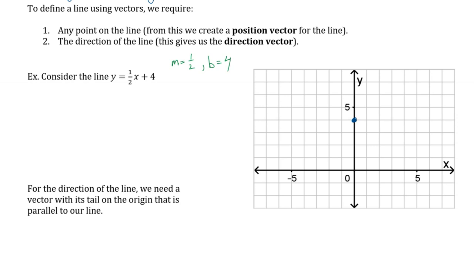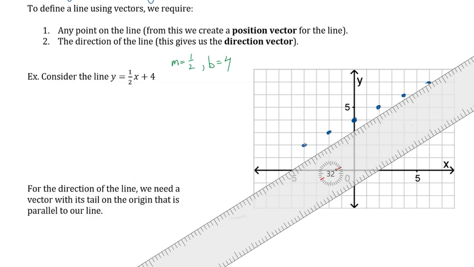So if the slope is 1/2, every time I go up 1, I go over 2, and that gives me another point. And then I go up 1 again, and I go over 2, and that gives me another point. So rise and run, up 1, over 2, and from here I can go the same direction. In this case, I'm going to go down 1 and go the other way, 2, down 1, the other way, 2, and I'm going to get rid of these lines. And I notice that now I have a bunch of points that I can line up and draw,